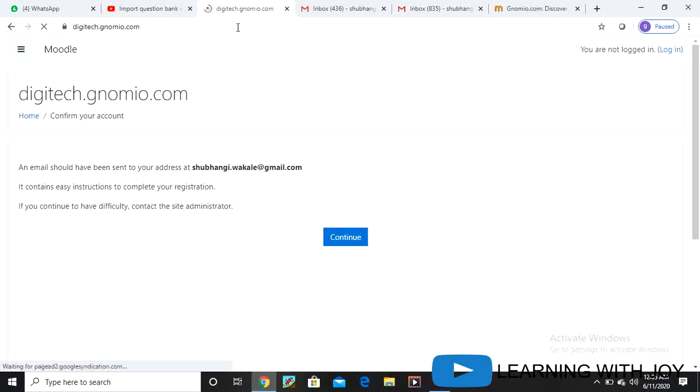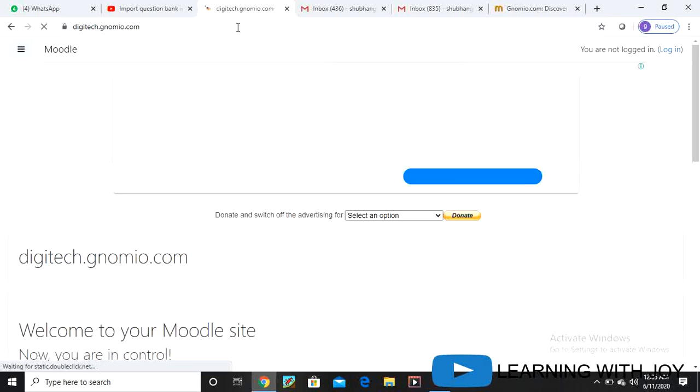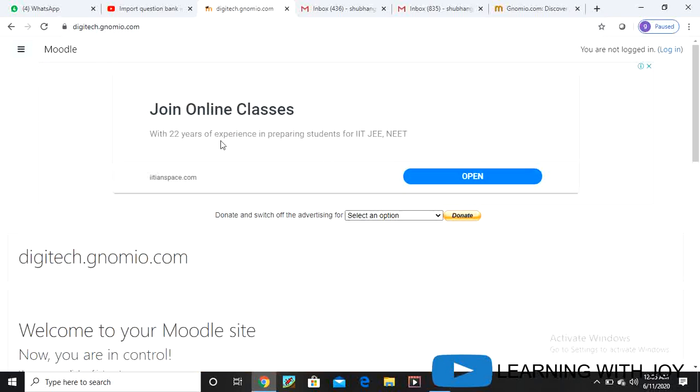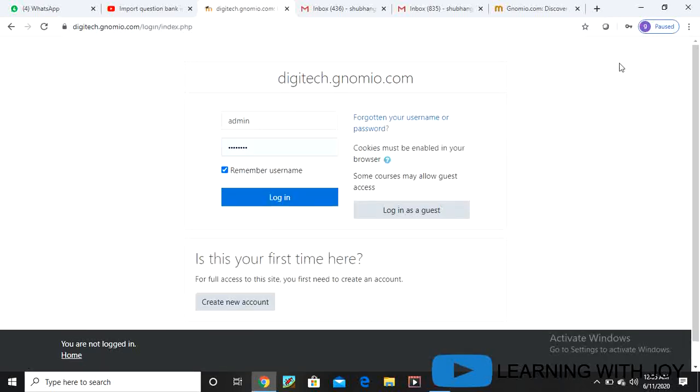Click on it. Once you click here, you have to click on sign in. You are getting an option here, that is digitalgenomio.com. Standard user is admin. Type your password and log in.